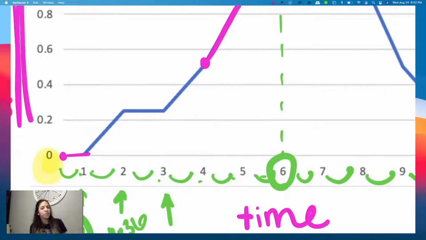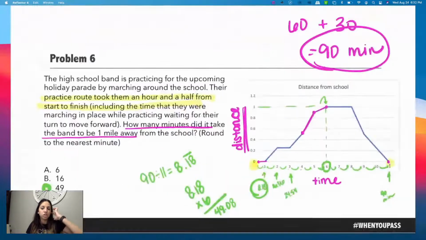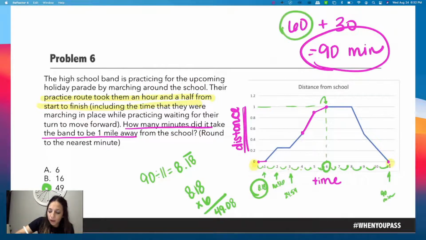So in this case, because it doesn't mean that, we had to figure out what each of those intervals represented. So I multiply and then add. I just added because I knew that 1 hour equals 60 minutes. So this was my 1 hour and this was my half hour, and that together equals 90 minutes. Basic conversions is what that is.